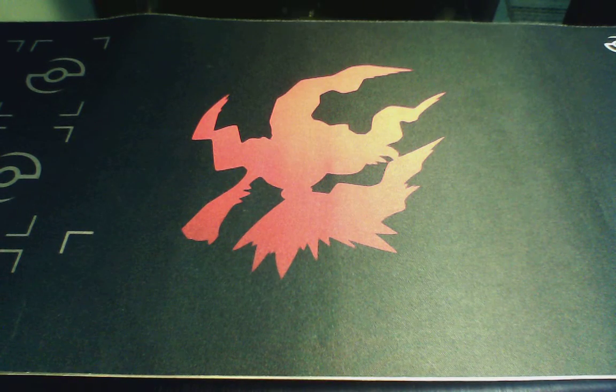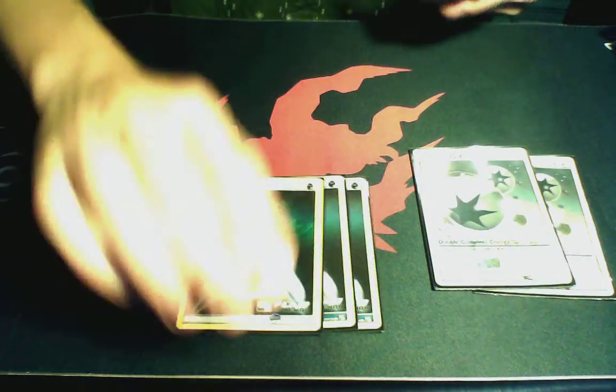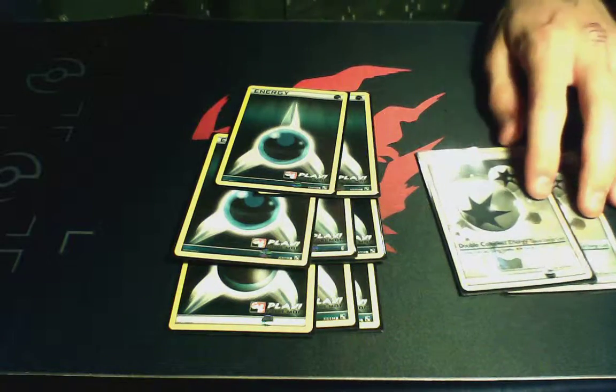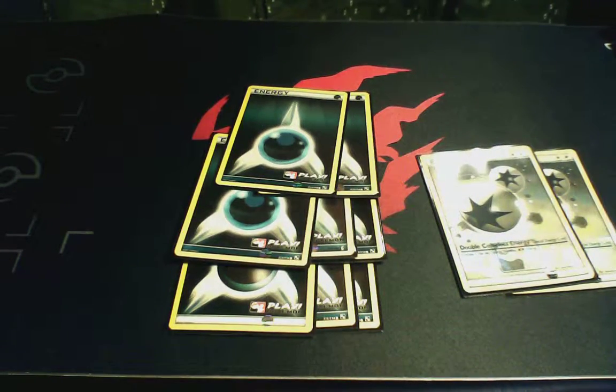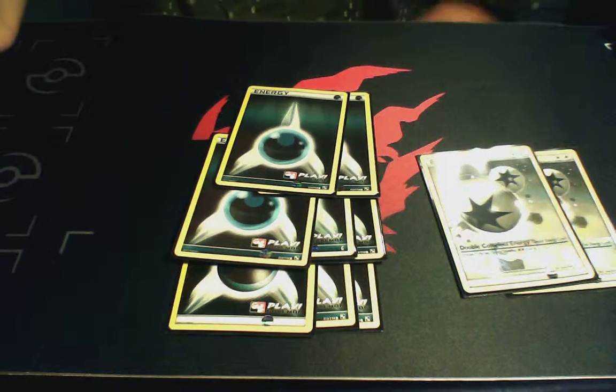I guess I'll just do the energy now. Why not? We have 2 double colorless, and then 8 dark. I'd like to have 9, and I also like to have 3 DCE. I think the dark energy is more important though. If I was gonna add an energy, I would add a 9th dark before a 3rd